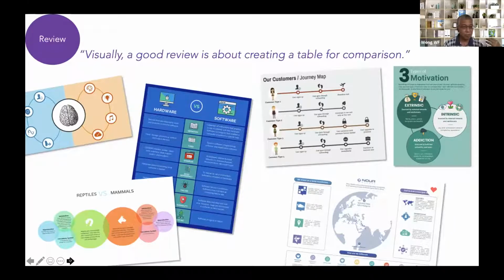You can put some icon, let's say a reptile, a mammal. Instead of using the words reptile, mammal, you just draw something. If you look toward the right side, you put a map, you show a location, and you make a comparison. It's possible. And comparison, not only two, but more than two are also possible. Or you make a comparison but show relationship, like the one on the three types of motivation, they are all